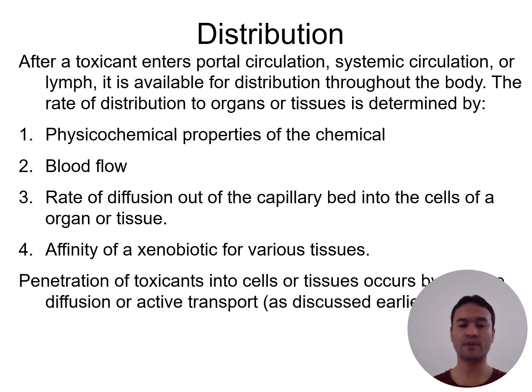Okay, the important part of distribution depends on the physical-chemical properties of the chemical. Second, the blood flow. The higher the blood flow is, the greater the distribution. Third is the rate of diffusion out of the capillary bed into the cells of the organ or tissue, depending on the organs. And finally, the affinity of the xenobiotic for various tissues, because certain xenobiotics or certain drugs